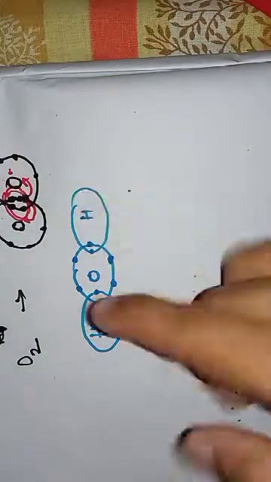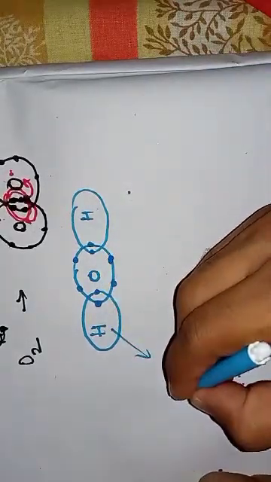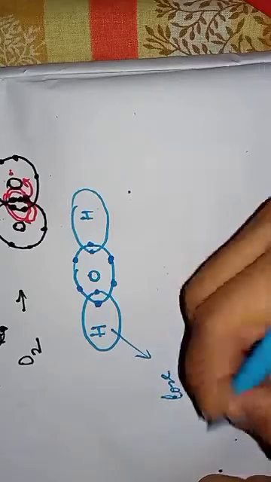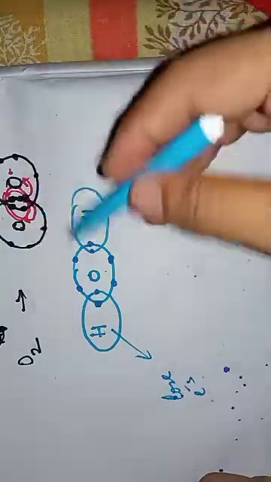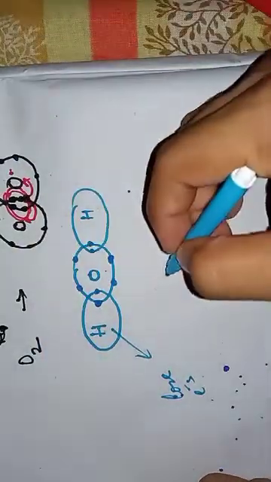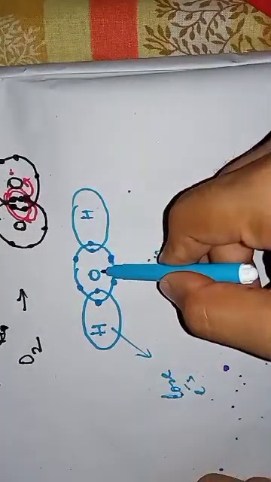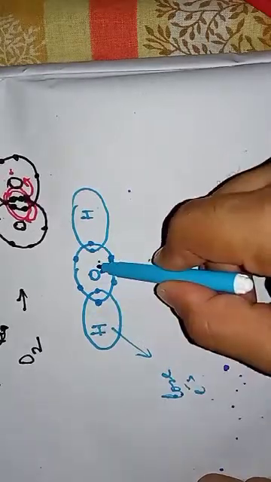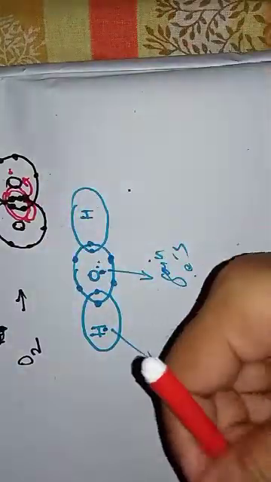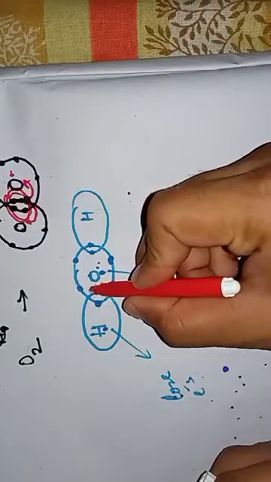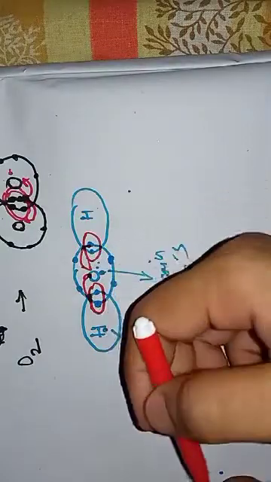So it is electropositive. Metals are electropositive. Why? They have the tendency to lose electrons, whereas oxygen is on the right hand side of the periodic table, which means non-metals, and they have the tendency to gain electrons. So we can say oxygen is more electronegative than hydrogen. Being more electronegative, having the tendency to attract electrons toward itself, it will attract this shared pair of electrons toward itself. And this is the definition of electronegativity.